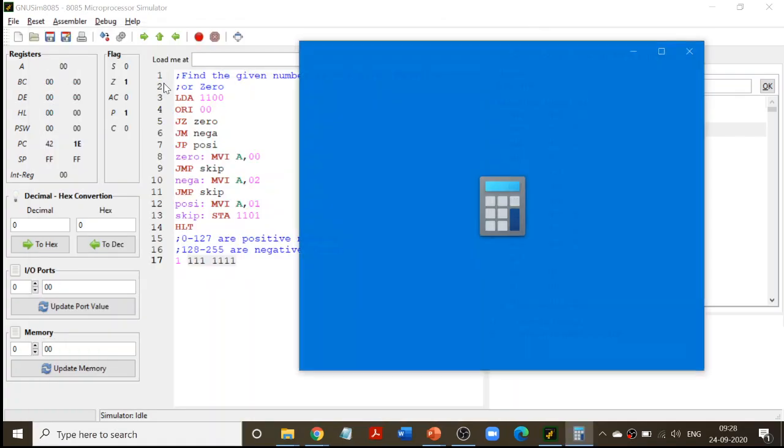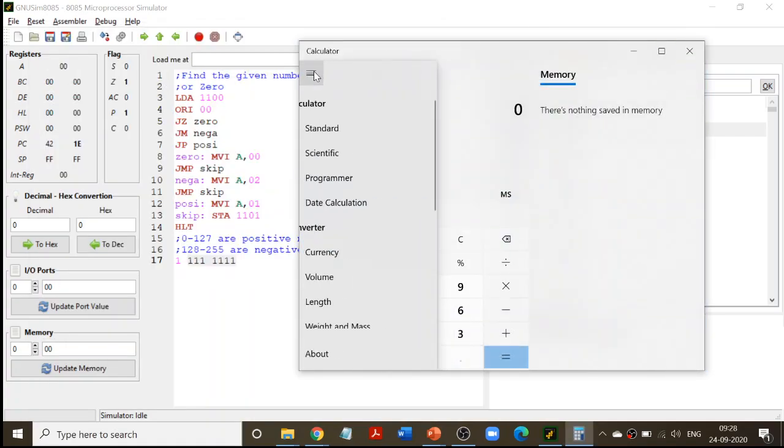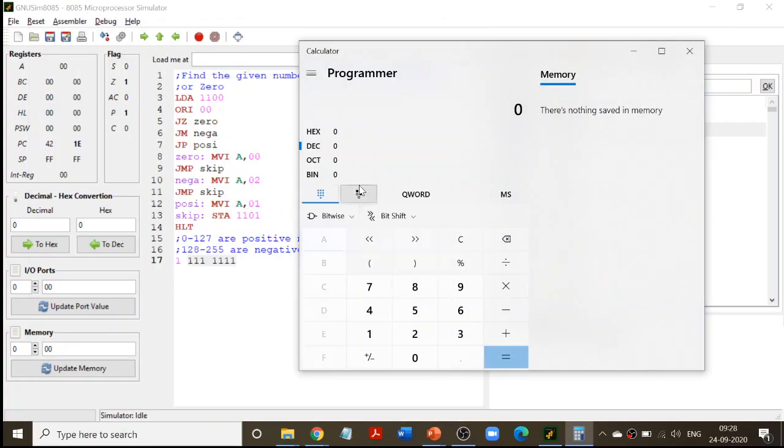The calculator, what I have done here, I've used the programmer mode of the calculator. So I will go to my binary number, I'm going to make it 1, 2, 3, 1, 2, 3, 4. So I have only 7 digits. So how many numbers can you store? You can only store 0 to 127. You understand? Positive numbers. Similarly, negative numbers, you can store from minus 1 to minus 128. Okay, so what happens now?